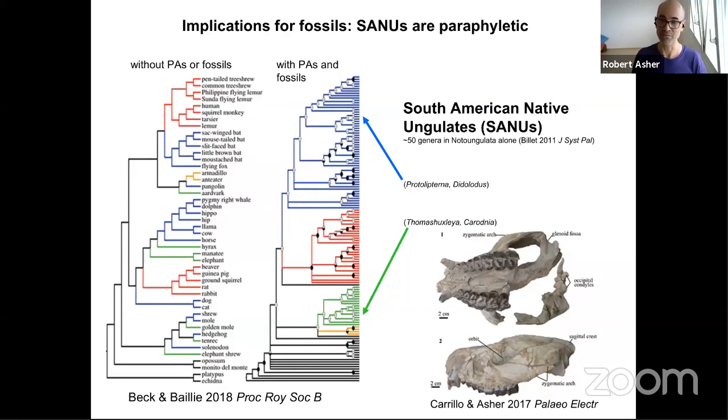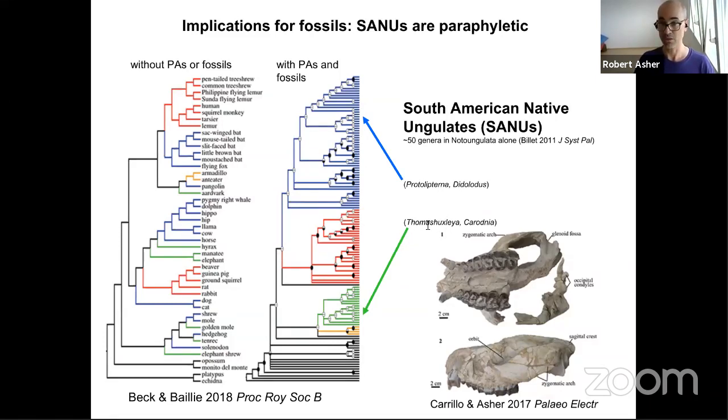I'm a bit reminded of the claim from the 1990s that guinea pigs aren't rodents. Clearly this deserves a little more scrutiny. So anyways, which brings me to the application of this method using predicted ancestors, because of course, Beck and Baillie included the South American native ungulates that Juan Carrillo and I also had in our paper, which still wasn't a great sample. We only had 4 or 5 or so. And in fact, our results were different. We got the Leptopterna and one of this sort of alleged condylarth grade Sanus in the Laurasiatheres next to perissodactyls, but our